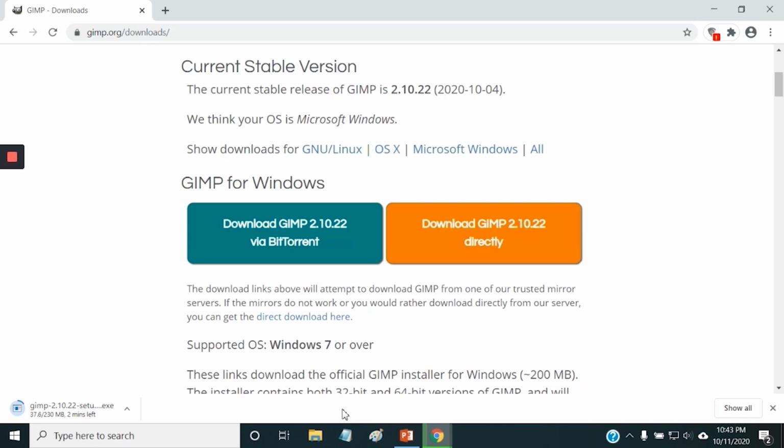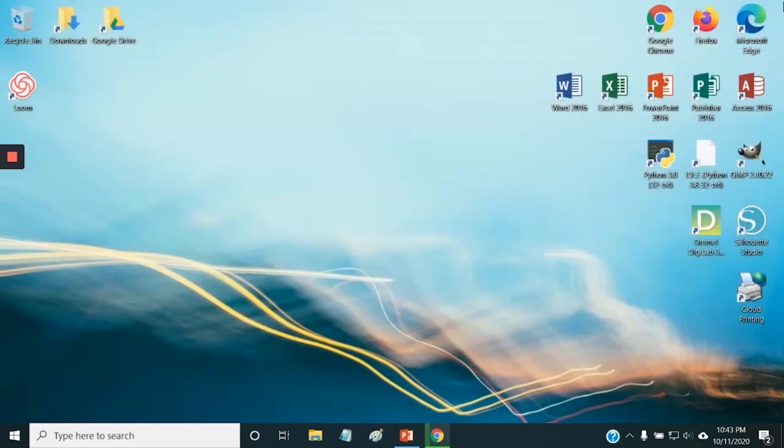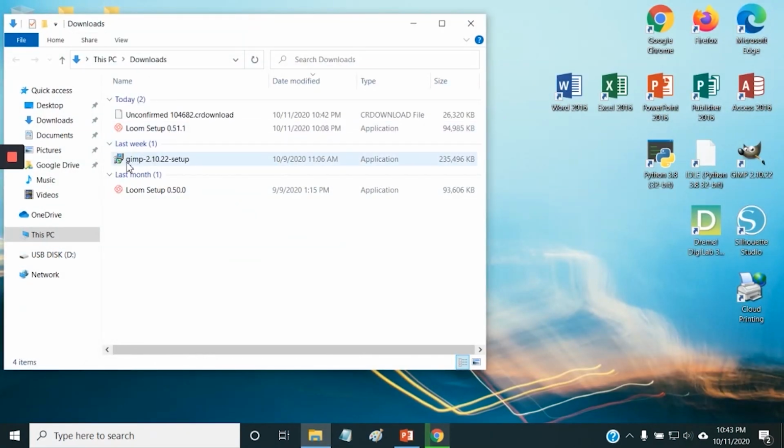So I'm not going to wait for the whole thing to download. I'm simply going to close the window, go to the downloads folder, and here it is, GIMP-2.10.22-setup. If you wait for the download, you can simply click on the lower left corner when it finishes downloading, and it'll take you into the setup. Just to show you what that looks like,